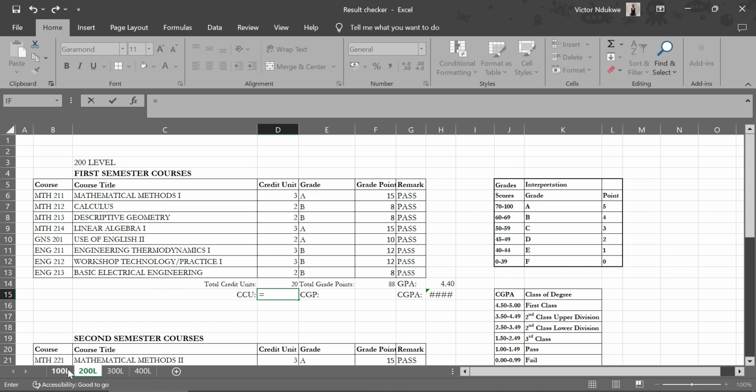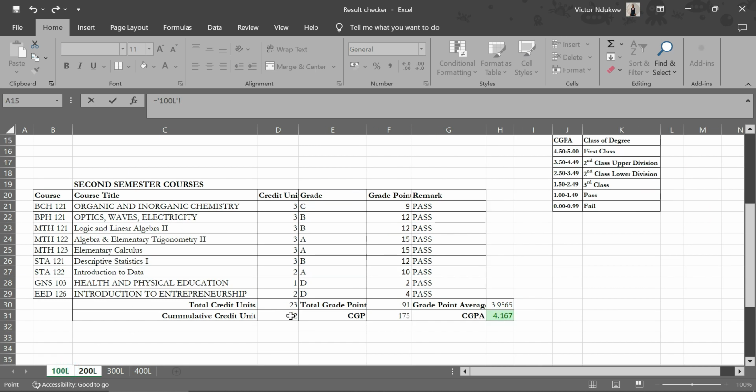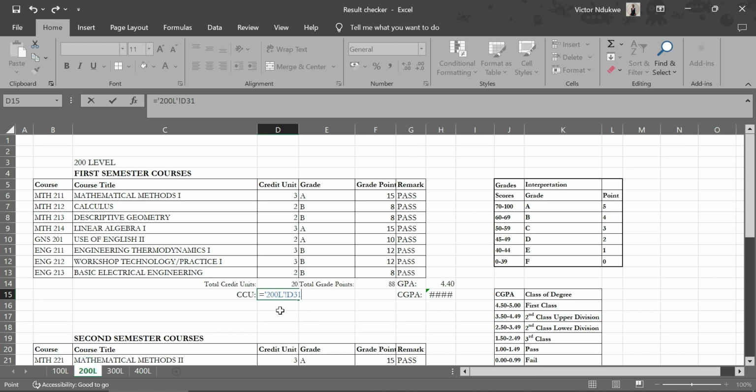I go back to 100 level and click. So you see there is a selection indication showing that I've selected this particular cell D31. And if you look at the formula bar, it's saying equals to single apostrophe 100 level exclamation mark D31, which means in sheet 100 level D31 has been selected. So I'm going to come back to my 200 level, and you see that here,